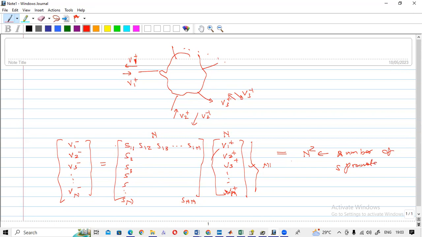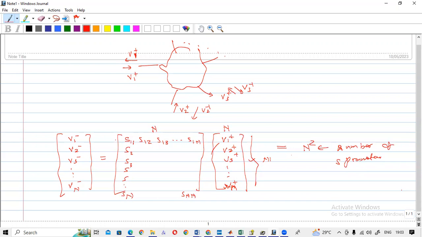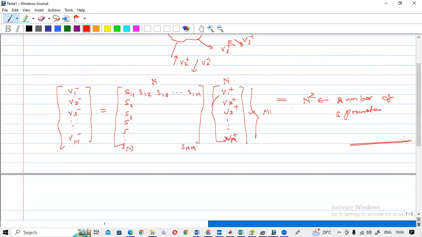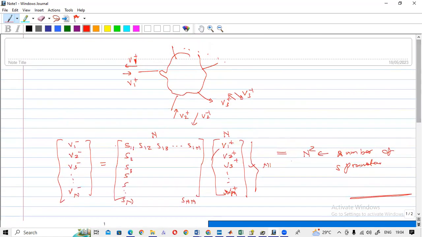Same as the A, B, C, D and Z and Y parameters. Another thing is that these S parameters are very important for microwave circuits, microwave range frequency, because the S parameter can practically be measured